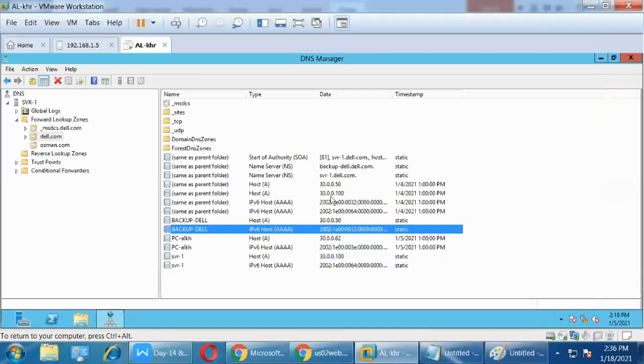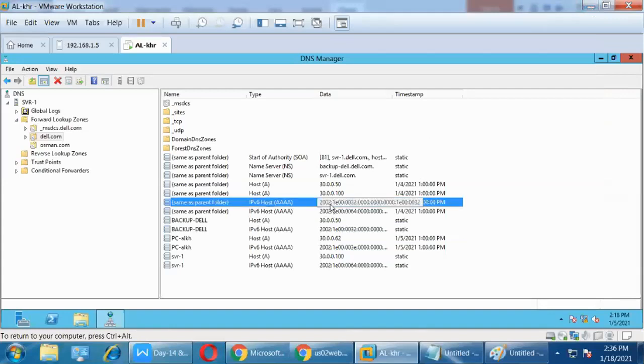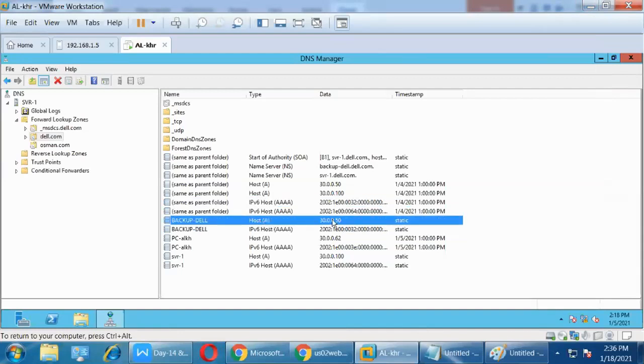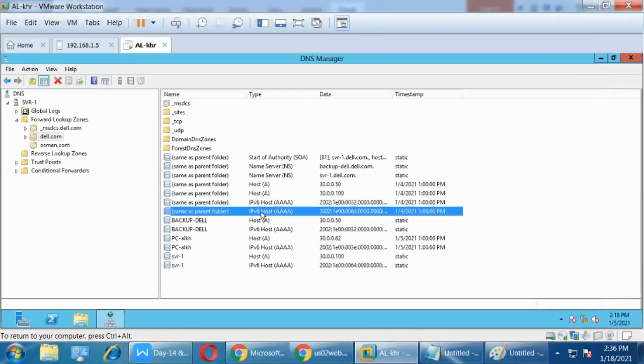Yes. See here. Simple answer. See here, because I told you the answer is in front of your eyes, right? This single A means IP version 4 and 4A means IP version 6.